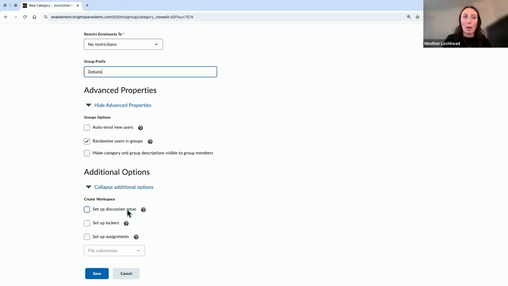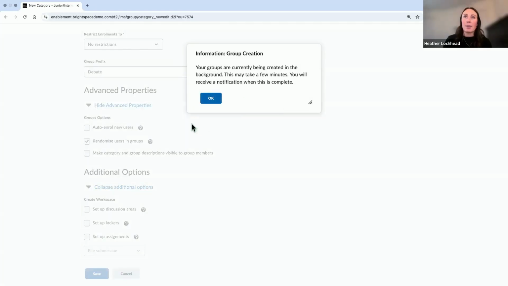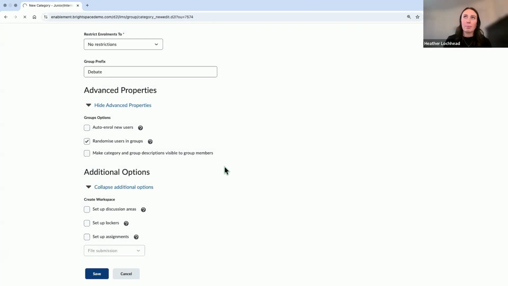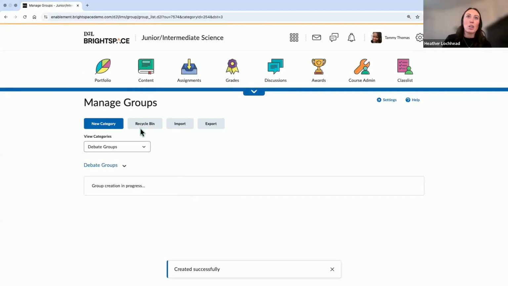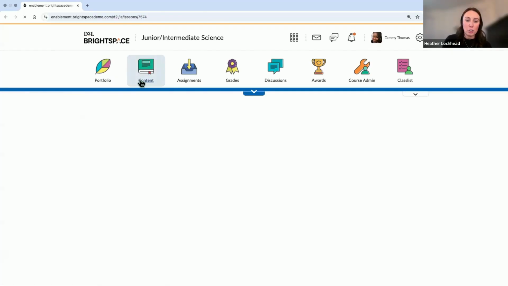But I want to point out that this is an option to do here along with lockers and perhaps group assignments. So that is a really great feature with our groups tool. I will click save here. And this does take a few moments to work in the back end. So I am going to head into our content space,